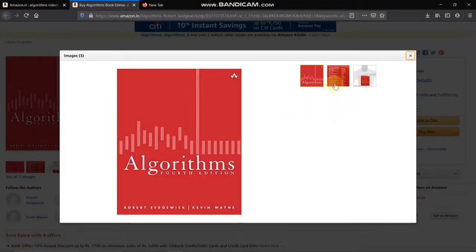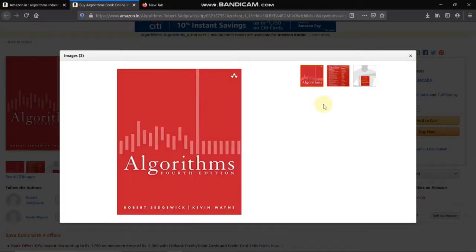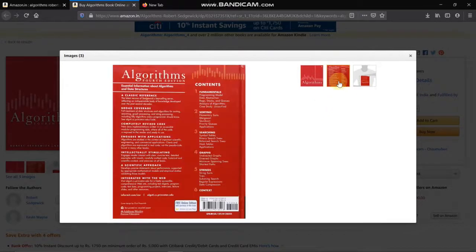So moving on to number two, we have Algorithms by Robert Sedgewick and Kevin Wayne. This was my preferred resource on algorithms for a long time. It still is, but now I see it less often than before. You will learn lots of background on the algorithms, and nowadays even specific versions of this book are available for different programming languages like Java and C++.